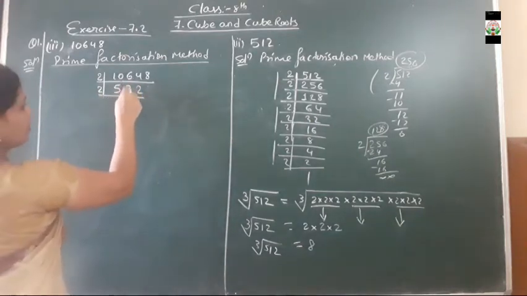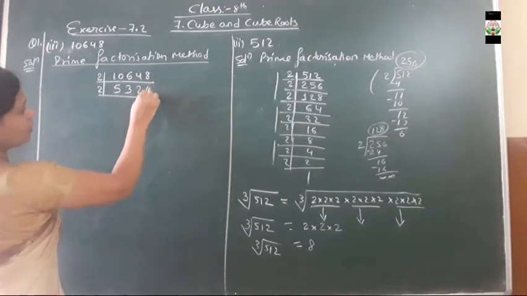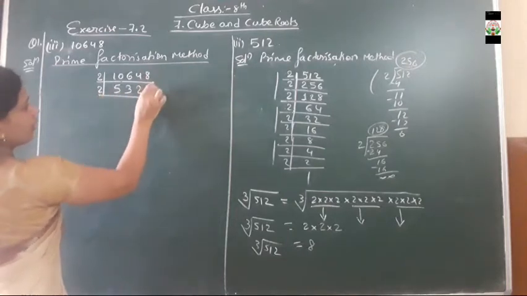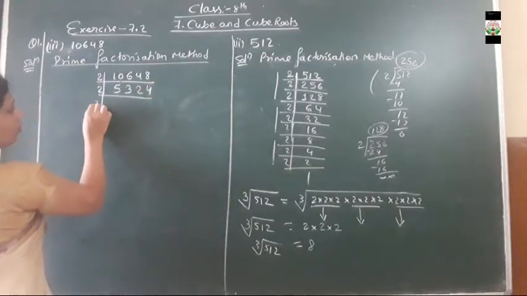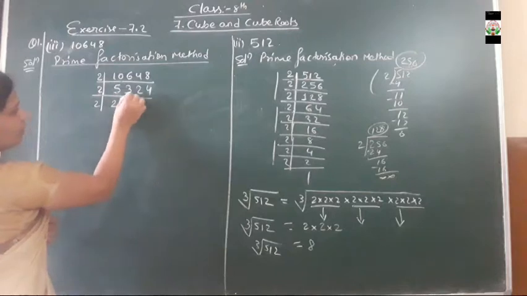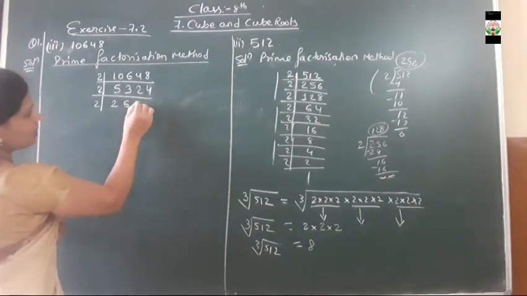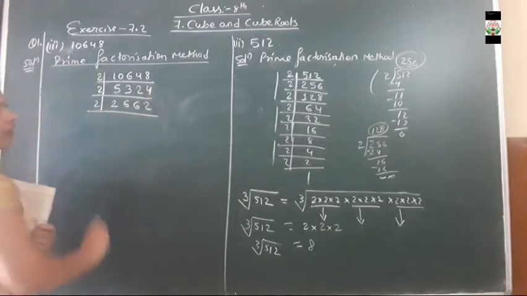So here 10, 3, 4. And this 8 will come in the table of 2. How many times? That comes 4 times. Now moving toward the second step. 5 comes in the table of 2. How many times? 2 times. Here it will become 13. That means 6. Again 1, 6. So here 2. Clear up to here.